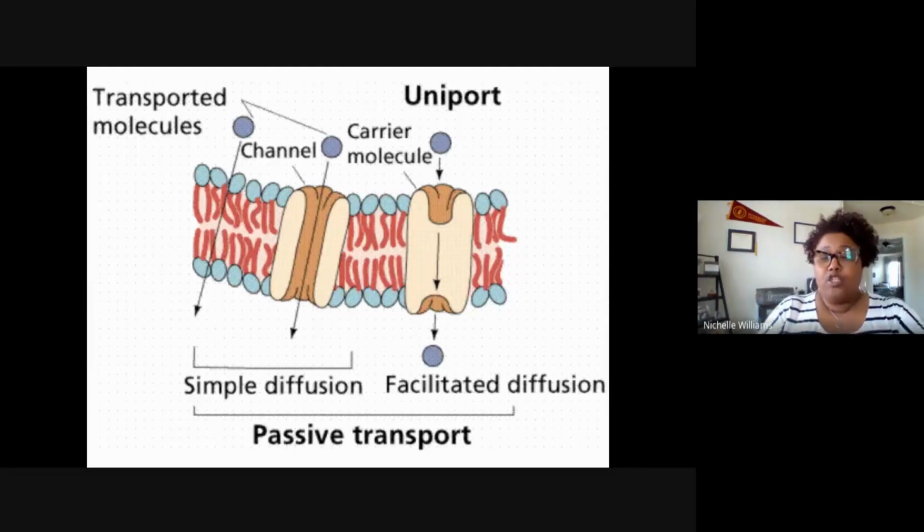And this is a diagram that shows this passive transport. Now, I'm checking the chat box. So if anybody has any questions, you can put those in while I go over this diagram and I'll address those. All right, so then we have the molecules that are transported, and then you see those proteins. You see a channel protein, and then you see a molecule that carries. So one creates an opening, and then one helps the substance to move. But both are forms of diffusion. One is simple diffusion, one is facilitated. Both of those are passive transport.